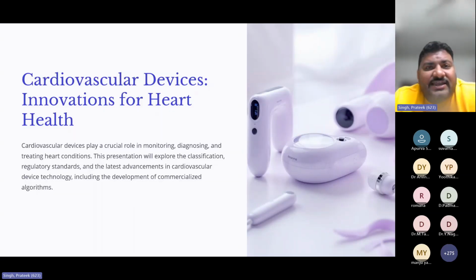And as I said, what are arrhythmias? Arrhythmias are nothing but, if some morphology of the PQRST wave, that's the ECG wave, changes, then we consider that as an arrhythmia. So that can give you a false alarm. So we need to denoise those signals, it's very important to denoise those signals